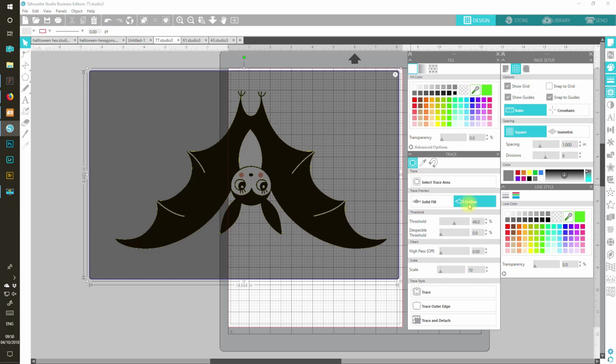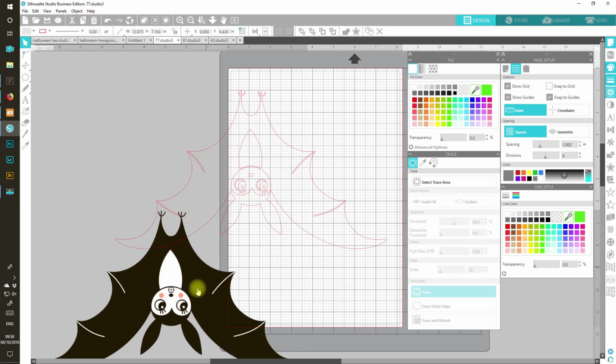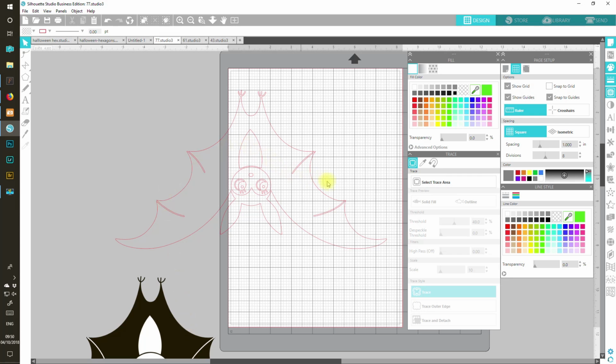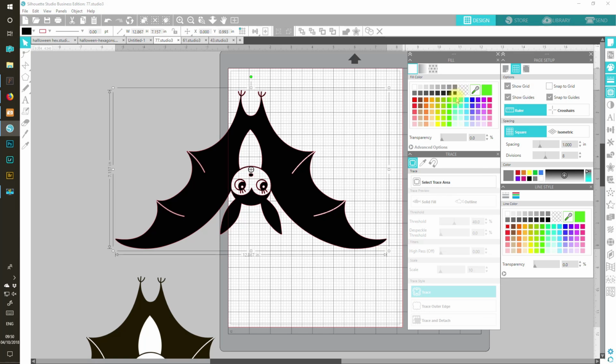I'm going to do outline and I'm going to click trace. And I'm going to just move this out of the way, click on this and fill it with black. And now I've got my bat. Now on my